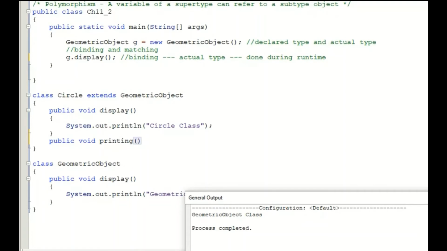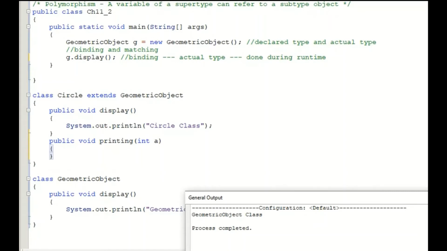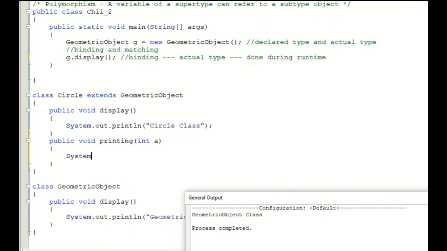I'm having a variable called integer a, and inside I am planning to have system.out.println. Okay, let's have a message like a equals the value, something like that.